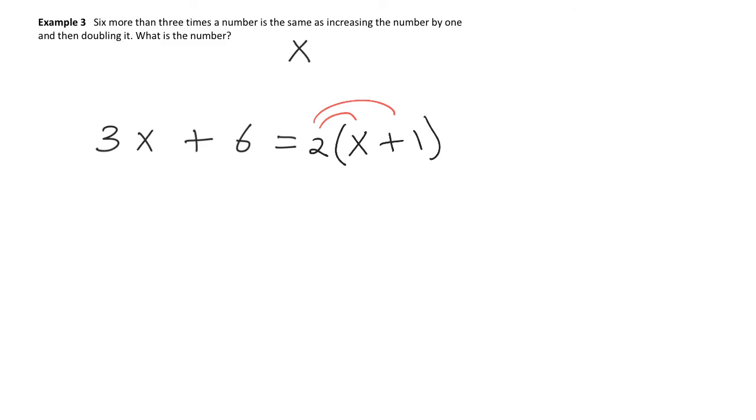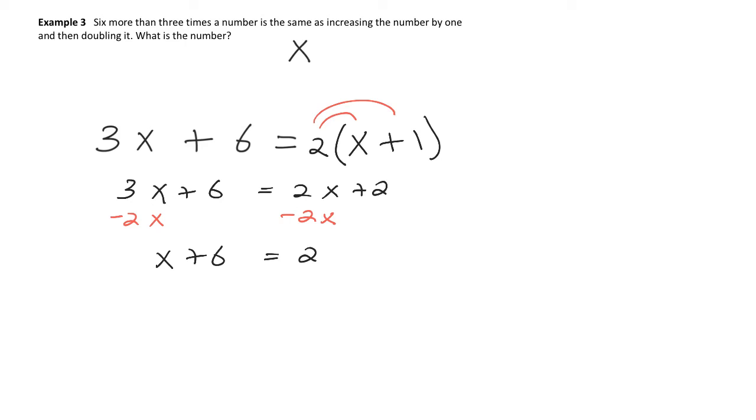So to solve this, I have to distribute on the right, and I'm going to leave 3x plus 6 alone. On the right, I do get 2x plus 2. I think what I'll do next is subtract 2x from both sides, which gives me x plus 6 is equal to 2. And the last thing to do is subtract 6 from both sides, and I get x is equal to -4. So this is the one number that, okay, we have